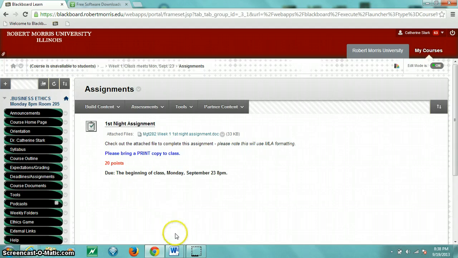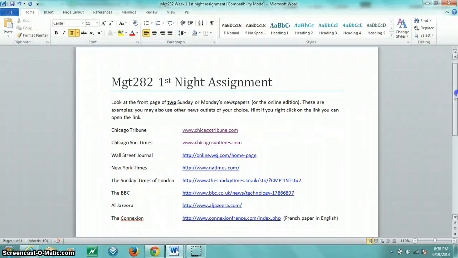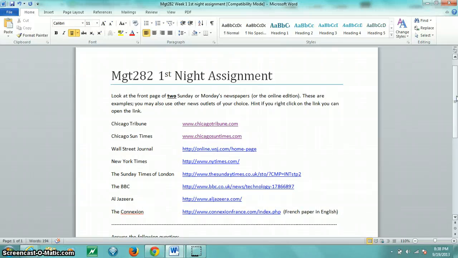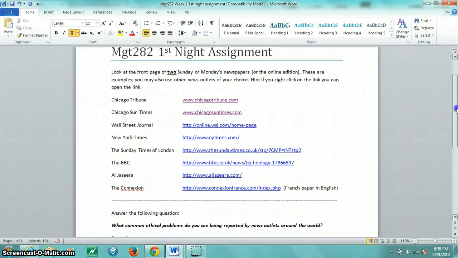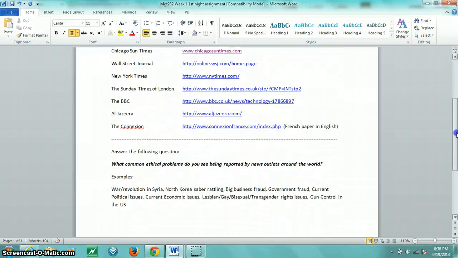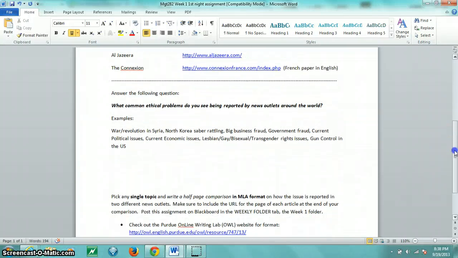So let's go ahead and open the document. I'm asking you to look at 2 different newspapers and find the same topic and how it's presented in 2 different sources. I want you to write a short half-page paper on what are some common ethical problems you see around the world. It could be an international issue, like maybe what's going on with Syria. There's always lots of topics in big business, in our government,